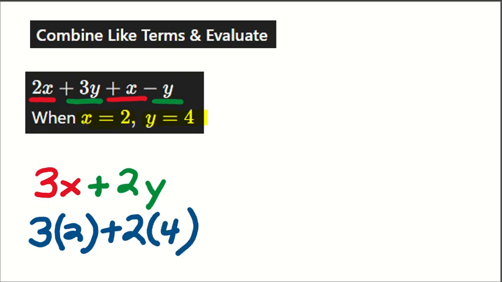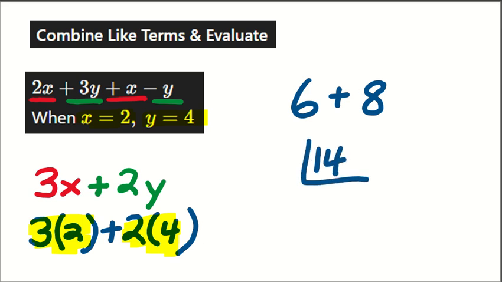And now I do my multiplication first as per order of operations. 3 times 2 is going to be 6. I'll write that up here because I'm running out of room. And then I got a plus sign. And then 2 times 4 is going to be 8. And everyone knows that 6 plus 8 is 14. So the value of that first expression is going to be